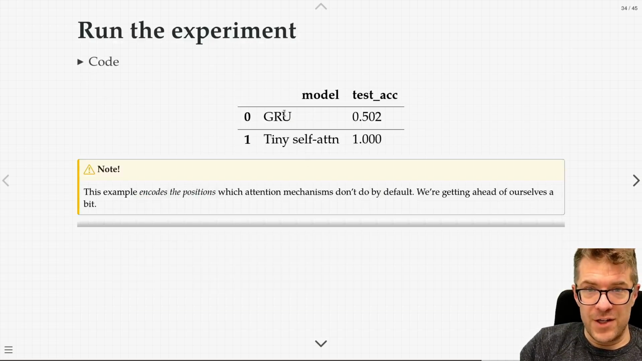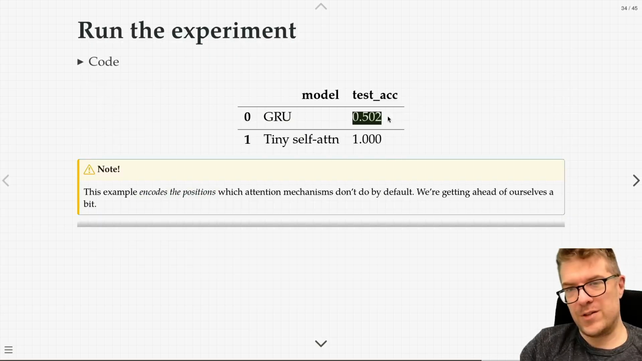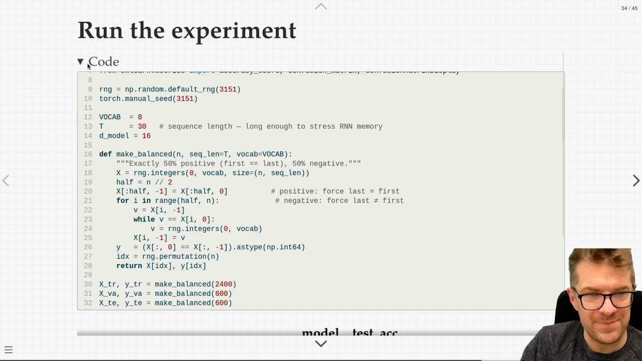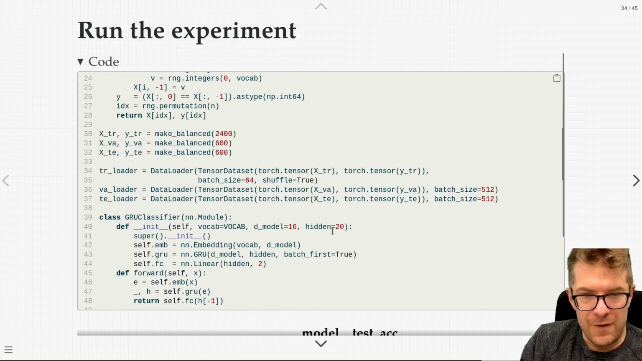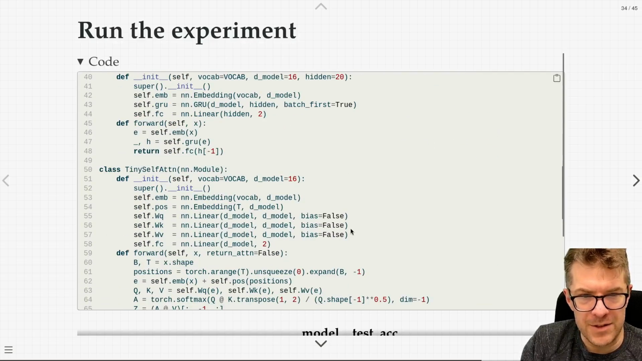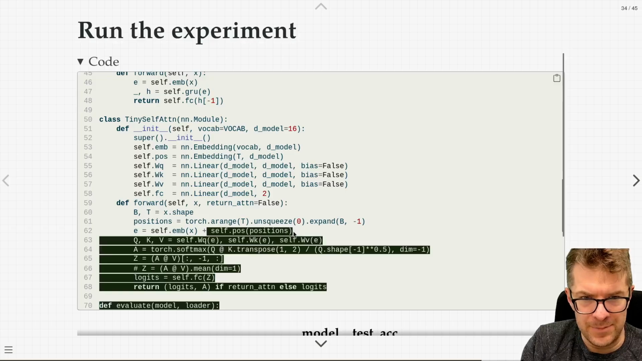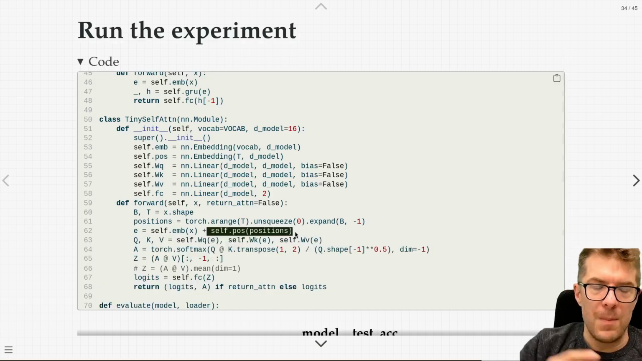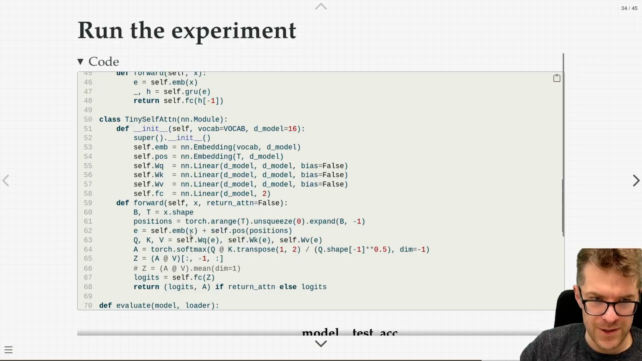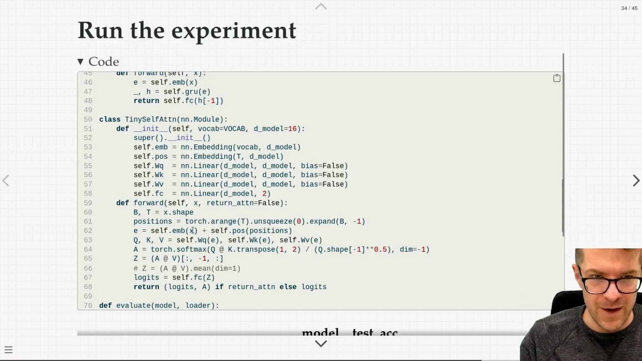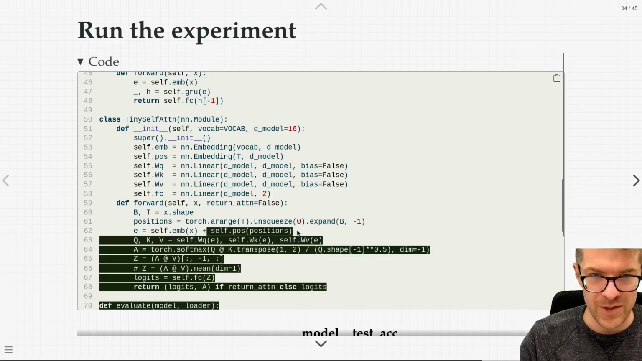So spoiler alert, the GRU got a test accuracy of 50%, and the tiny self-attention got a test accuracy of 100%. Also, quick spoiler alert, I've cheated a little bit because I have embedded positions into this decision. My representation for every token is an embedding for that input X, but it's also that plus my representation for the position I find